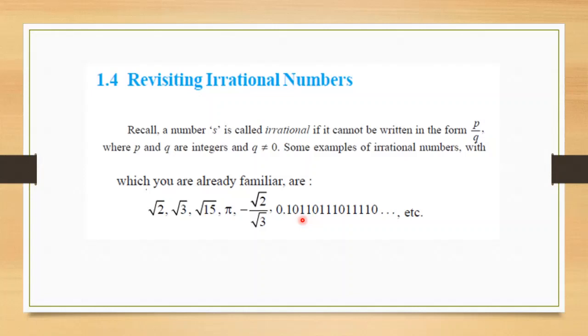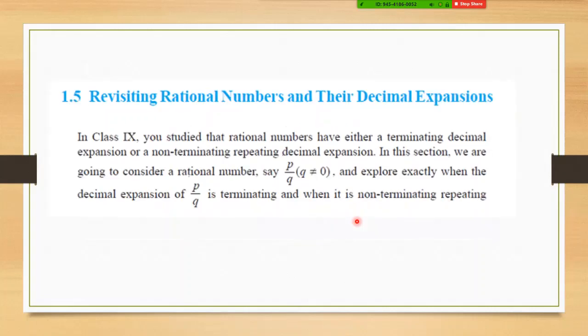So first thing is they might not be in the form of p by q. Next thing is they might not be squares of whole numbers, square numbers. And the last thing is they might be non-terminating but non-repeating decimals. What about rational numbers? Very simple. What I said should not be there for irrational numbers, here it should be. So it has to be in the form of p by q. And then the decimal expansion: you will divide it and see whether it is either terminating or non-terminating but repeating. This is the difference. It will be non-terminating, continuing on, but repeating.